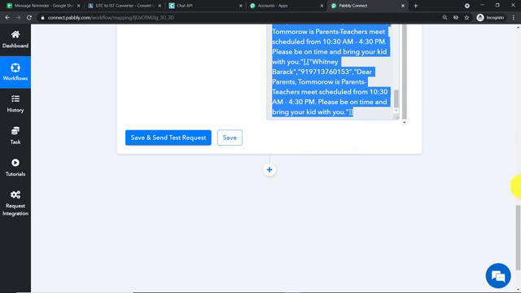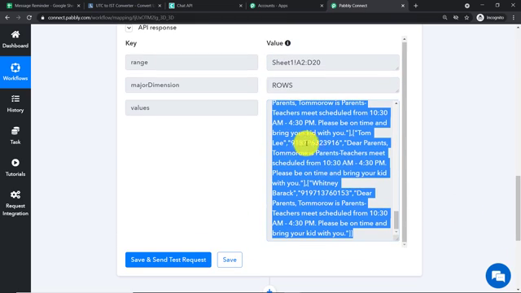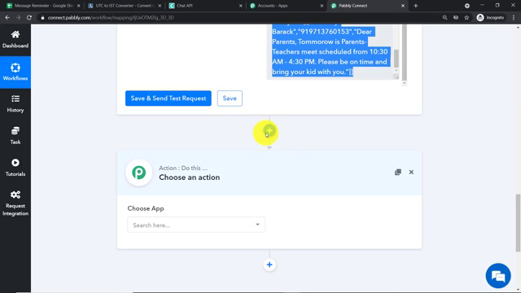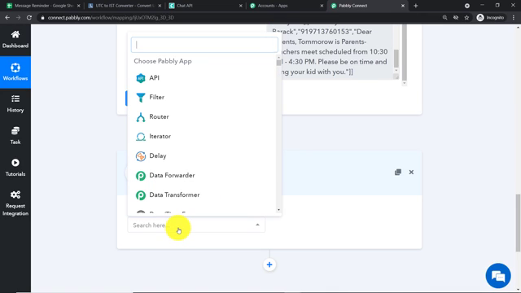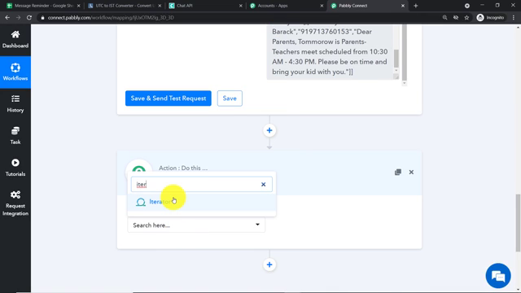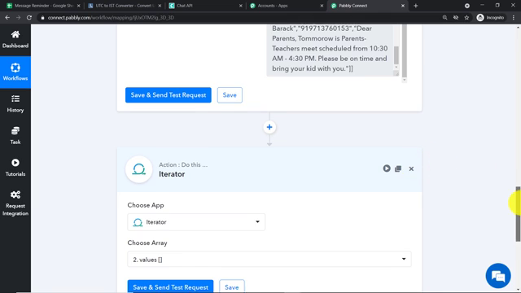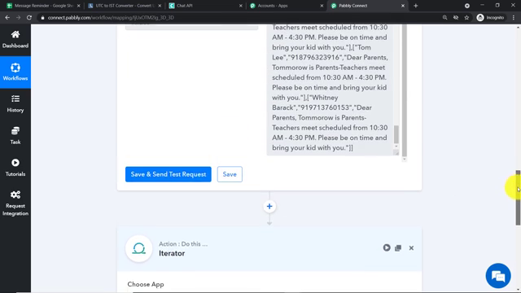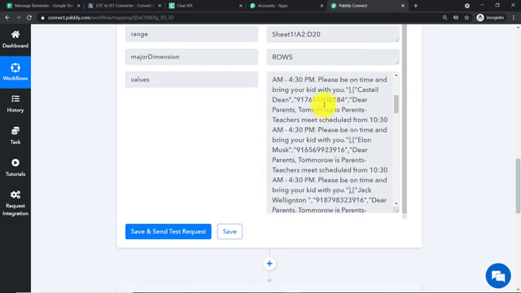Okay, so basically now we have got all the condensed data. This is an array, and what I'm going to do here is introduce you to the iterator. So let me just type iterator. Easy, iterator it is. Now coming to the values, we don't have to do anything. It's already chosen the array as values, so this is basically all the values, the condensed one.